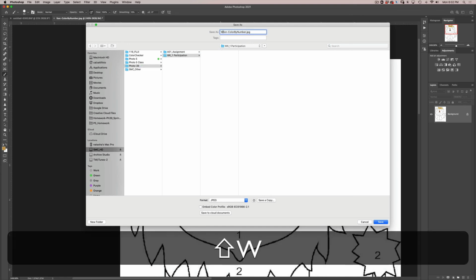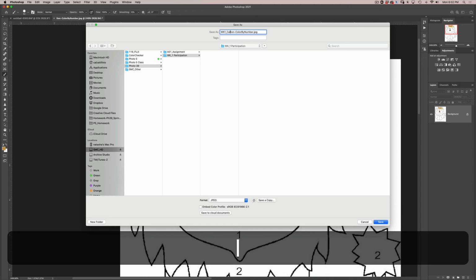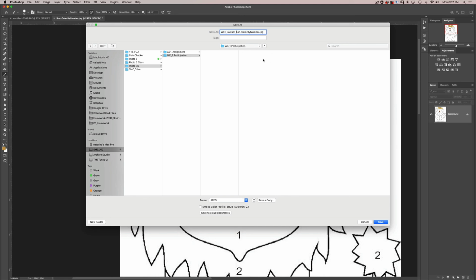the week 1, and then I will add my last name. Always add your last name so I know who these files belong to. If you want to leave the assignment name, that's fine, or the file name, that's fine, but make sure to name it with your last name. It will be saved as a JPEG file